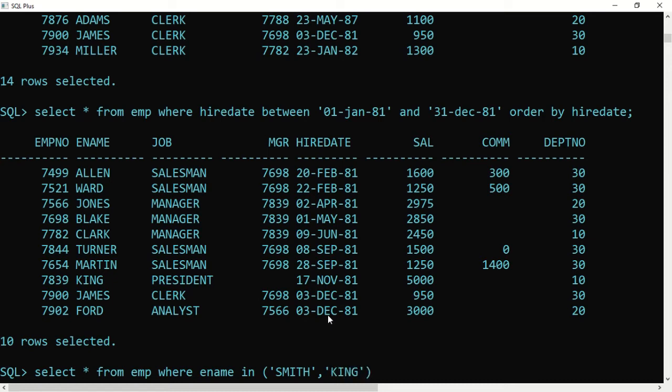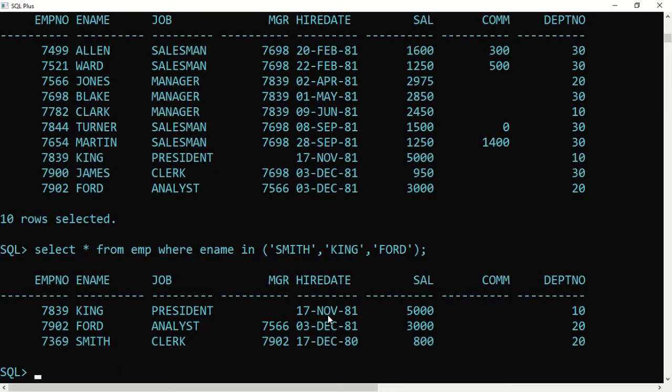Then some other person, say FORD, in single quotes. So I'm searching for three persons. These three persons I'm searching whether they exist in the EMP table or not, and I'll put a semicolon and press enter.